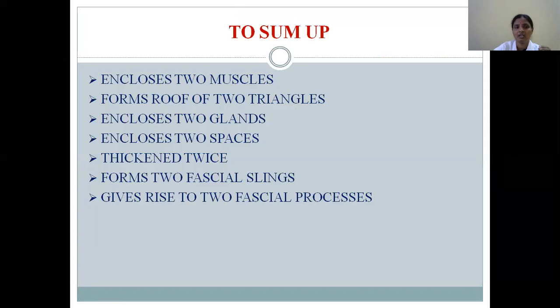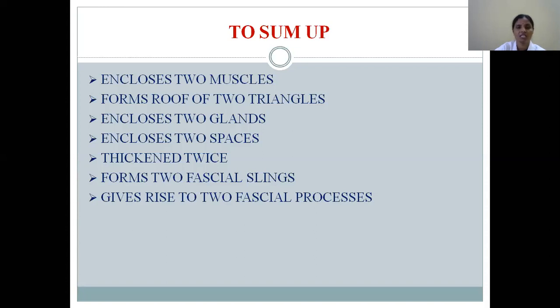Here you see, in case of enlargement of the parotid gland, it is very painful. It leads to severe pain. Why? Because of the unyielding nature of this fascia. Parotidomasseteric fascia is a very, very thick fascia. And one more thickening is stylomandibular. As I told, the deep lamina of the parotid fascia is thickened from the styloid process to the angle of the mandible, where it forms the stylomandibular ligament.